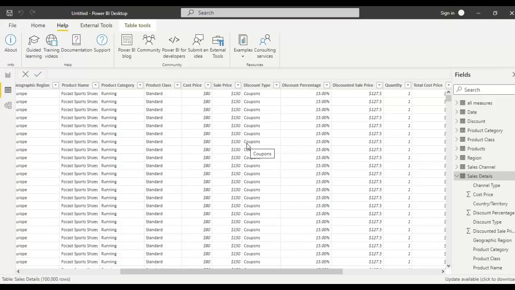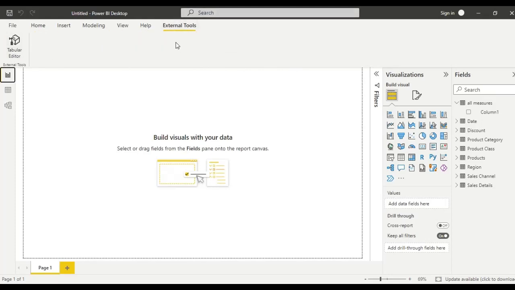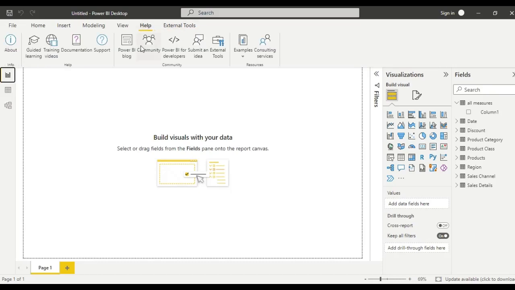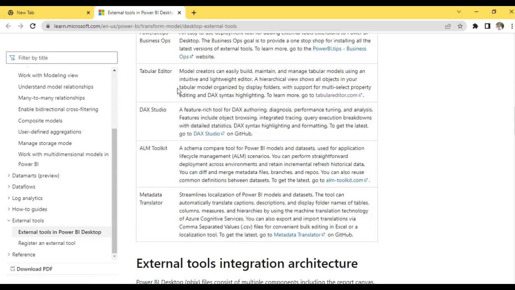So how do we create these calculation groups in Power BI? There is generally no option for this in Power BI Desktop. There is an option called external tools. These calculation groups are created in Tabular Editor under external tools. If you have not downloaded Tabular Editor, you will not get this external tools option. To get it, under Help, just click on external tools. A new window will be opened. Here scroll down and we have an option called tabular model. Just click here